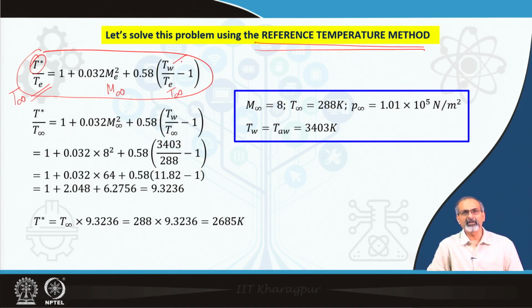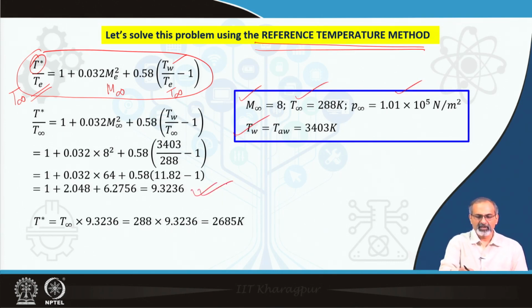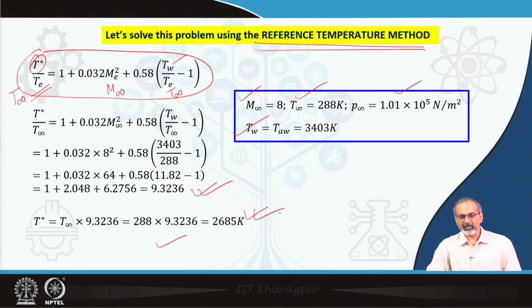So, it is a simple looking relation for T star, the reference temperature we are talking about, and then we fit in all these values which are applicable for our case, and we find that T star by T infinity comes out to be this ratio, and once you plug in the T infinity value, you get a value of 2685 Kelvin, and this T star is what is going to be used further in our calculations,